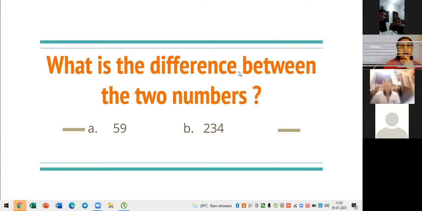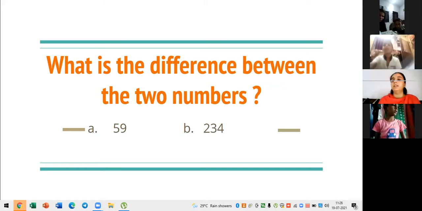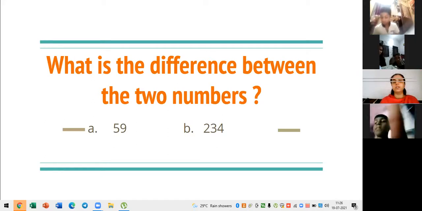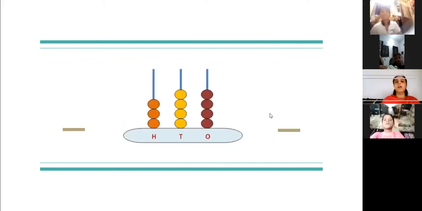Okay, Rakshit has written units, tens and 100 place. 4 ones, 3 tens and 200. Correct, everyone. So we have 4 in units place, number 3 at tens place, and number 2 at hundreds place. So this is the place value for this number 234. Okay. So only 2 places are available for 59, that is units and tens, and this other number is having 3 different places. All right.